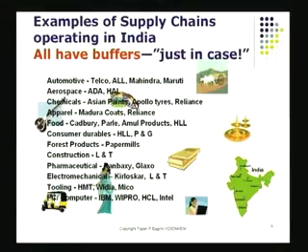Like we just saw, no matter what kind of supply chain you're looking at. These are some typical businesses in the country. For automotive, we've got the Telco company, we've got Mahindras, Marutis, General Motors, and so on. They are engaged in the automotive sector. They get a lot of their parts made by different people, some made even overseas, and they assemble them together. Aerospace industries, ADA, HAL, and so on. Chemicals, we've got a lot of suppliers, a lot of final suppliers. For clothing and apparels, we've got various suppliers, various